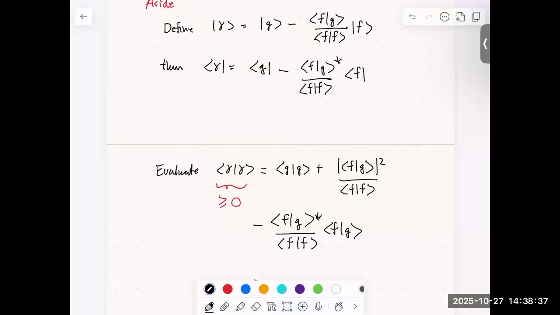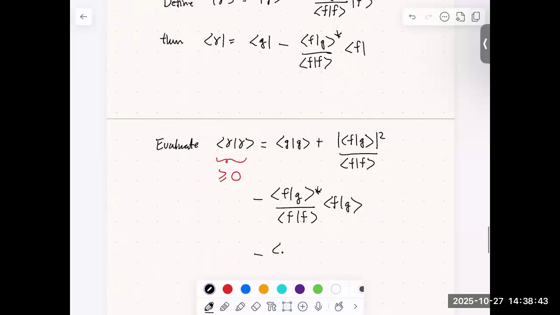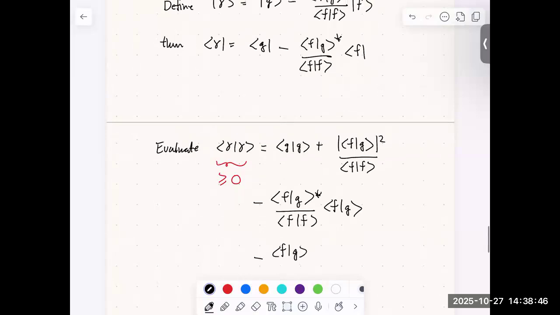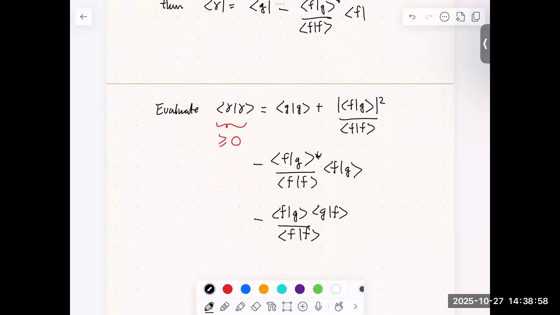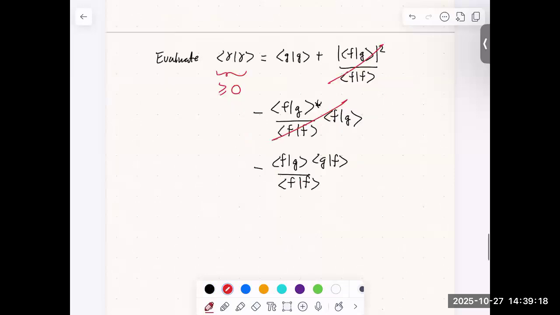Now we're going to do this with that. So it's going to be the inner product of f and g, and then we're going to get g f, and it's going to be over f f. Okay. Well, if we look at this times this, that's going to be the inner product of f and g absolute squared. So these two are going to cancel. All right, so that's nice. So this cancels this. And then I think we're left with